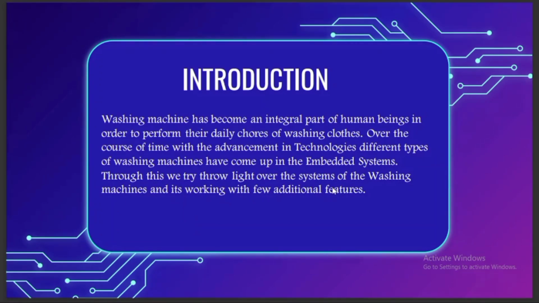In the introduction, the washing machine has become an integral part of human beings in order to perform their daily course of washing clothes. Over the course of time, with the advancement in technologies, different types of washing machines have come up in embedded systems. During the earlier days, we used to have washing machines which only gave the functionality of washing the clothes. But nowadays, we are getting washing machines which wash the clothes and also dry them. This is the advancement in technologies day by day. Through this, we try to show light over the systems of washing machines and their working with a few additional features. Then going into the next slide,